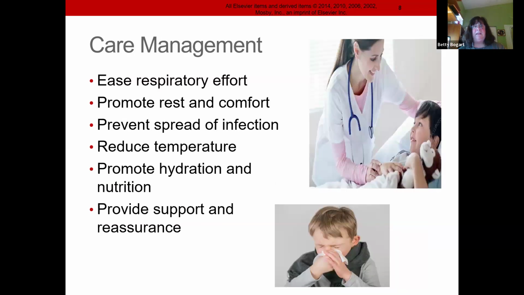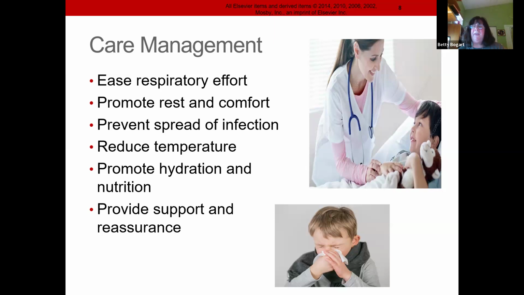Now, we treat these things by, if you get the fever down, the kid feels better. They're going, all of a sudden in 30 minutes, they're up and running around, almost normal, and they'll eat and drink. And our goal is to get them drinking, right? Getting that fluids, replacing that insensible water loss from those fevers. We also, they're in pain, medicate for pain, they'll rest easier. And that's what we want to do, promote that comfort.